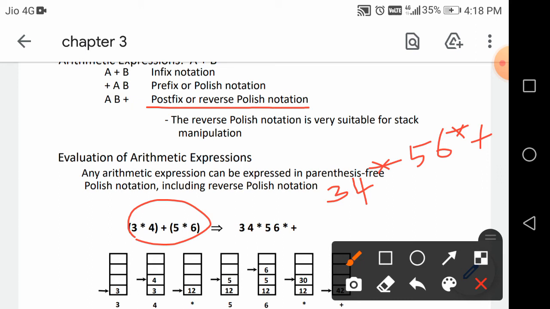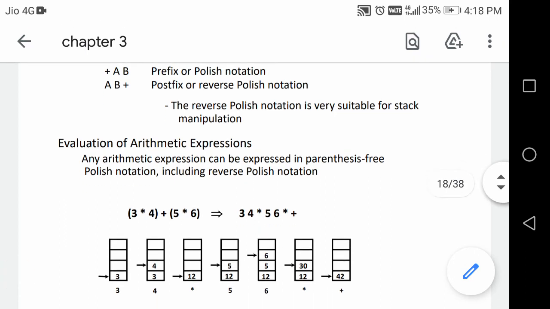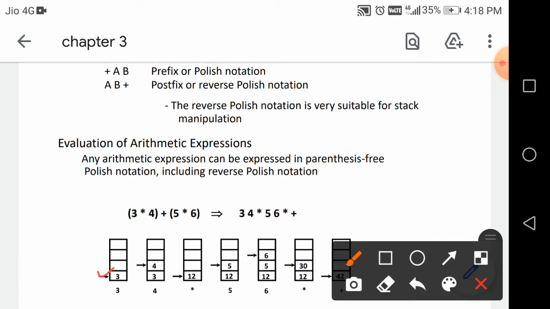How are you performing the operation here? First, push 3, nothing but you push the value onto the stack. Okay, after that push 4. Now the stack pointer is incremented or decremented, depending upon the computer architecture, by one, and the 4 will be stored in the next location. After that mul, nothing but these two will be multiplied, and the 12 will be stored in the first location.